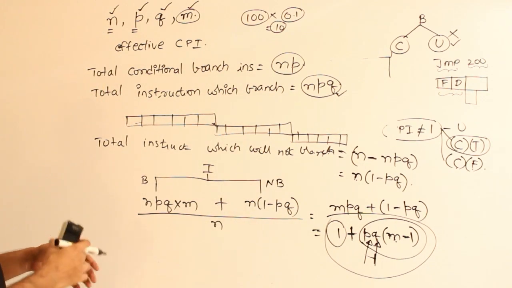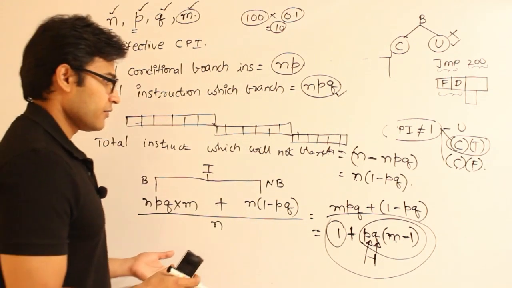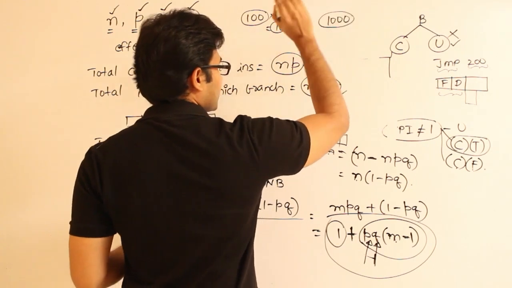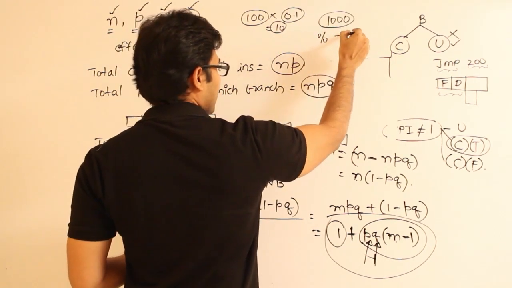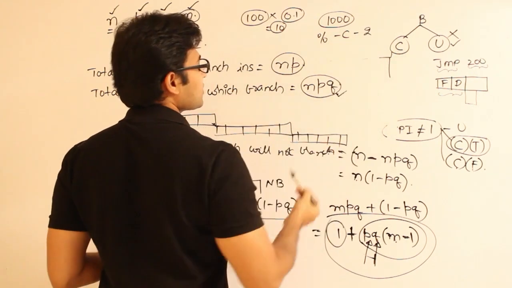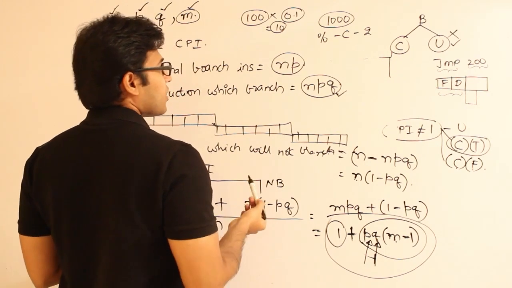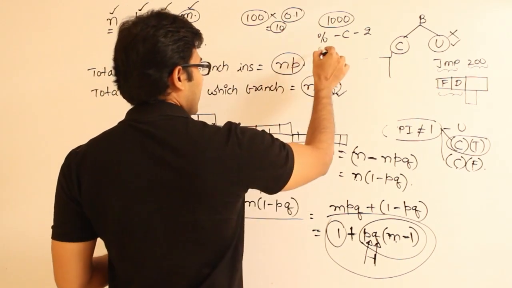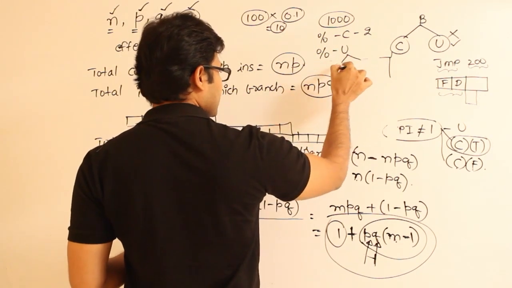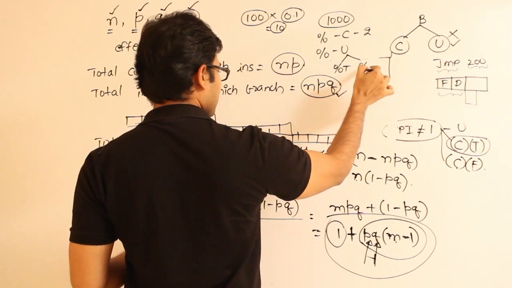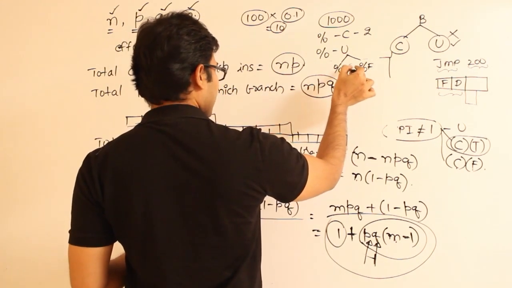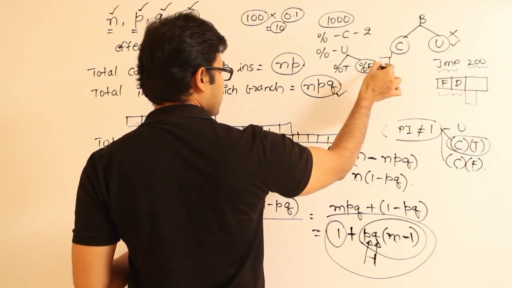So in exam they might mix various things here. They might say that there are 1000 instructions, out of which certain percentage of instructions are conditional branches, and in case of conditional branches, after 2 stages they will give all this. After 2 stages you are able to find out the target address, and then they will say that a certain percentage of instructions are unconditional, and in the conditional instructions a certain percentage are true and a certain percentage are false. And they will say that whenever the condition is false there is no penalty,